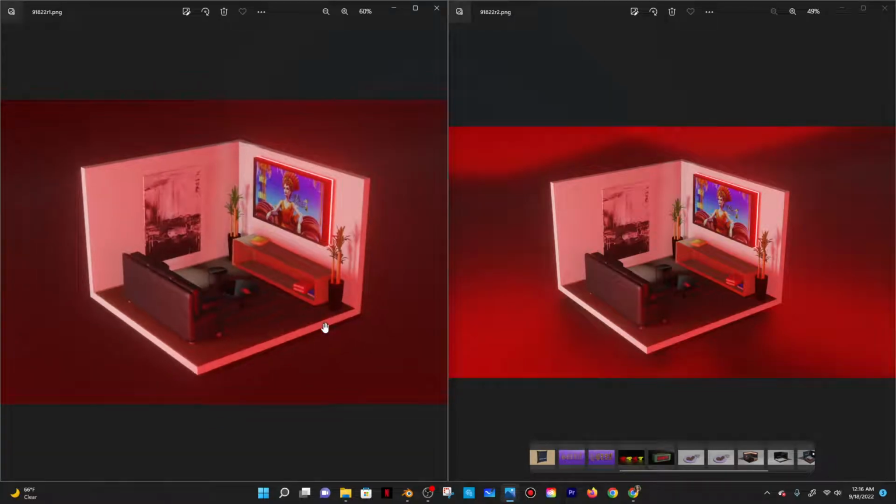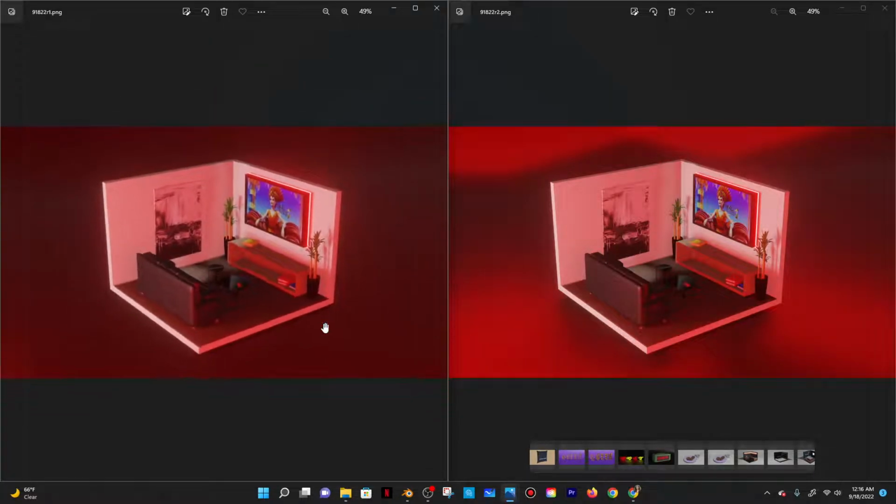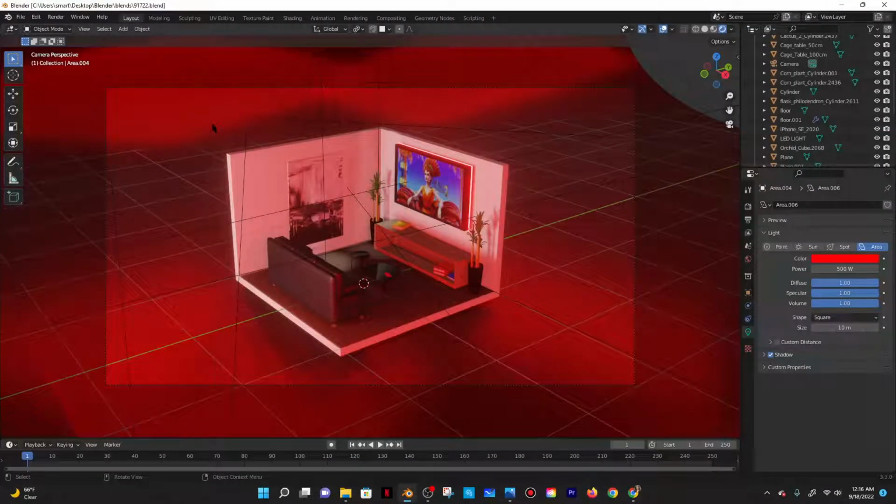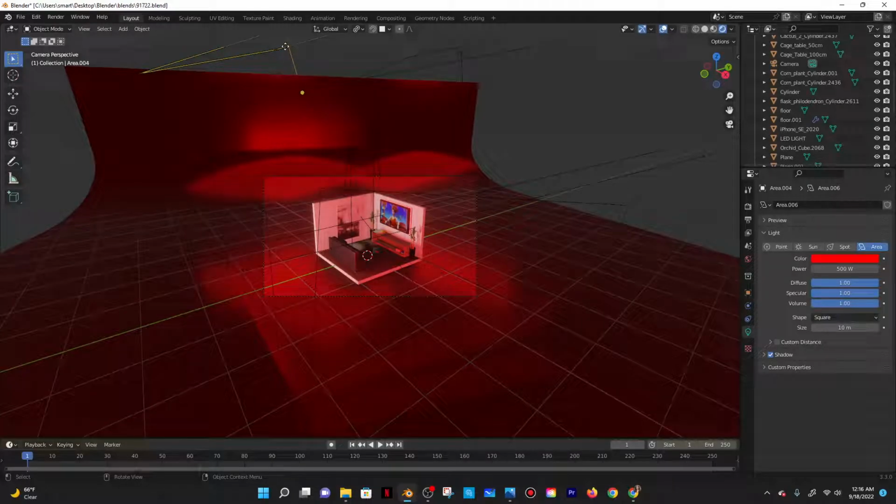I don't know. It looked very plain. And then here you can see more of a shadow. I just don't like that it's very, very light at the top over here. So let me go to Blender, try to fix that. I don't know how I'm gonna fix that, but